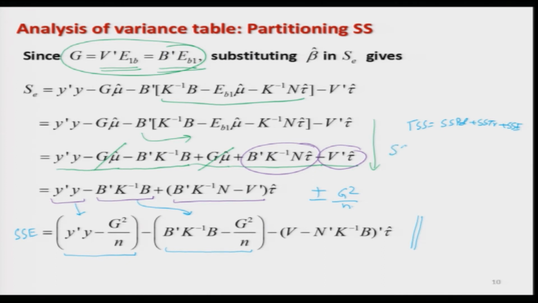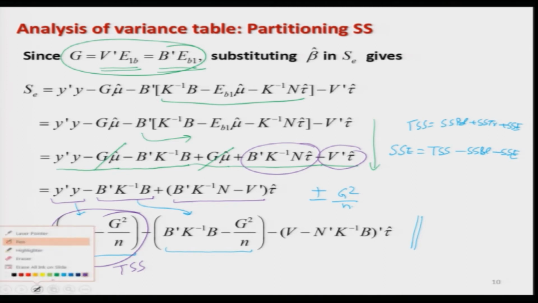Now, you are trying to write SSE is equal to TSS minus SS block minus SS treatment. Now, from this expression, your job is to identify what is TSS, what is SS block, and what is SSE. So, you can see here, this is simply your TSS,